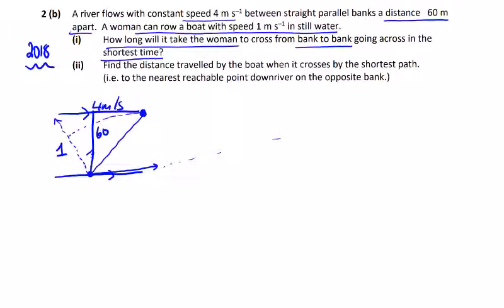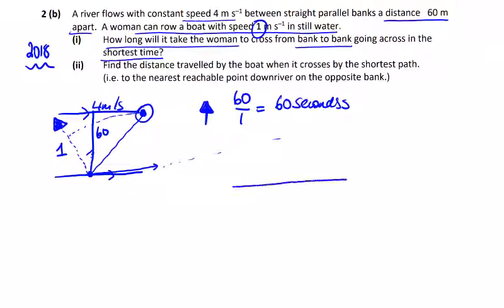The first part is straightforward enough because she can gain 1 across if she goes at the optimum angle, because she can swim at 1 in still water. So it's going to be 60 divided by her speed of 1, which will give me the quickest time across, not the shortest distance. So 60 seconds to get across to this point here, let's say, and she's gone slightly in this direction to get there. So let's do a bigger version of that diagram